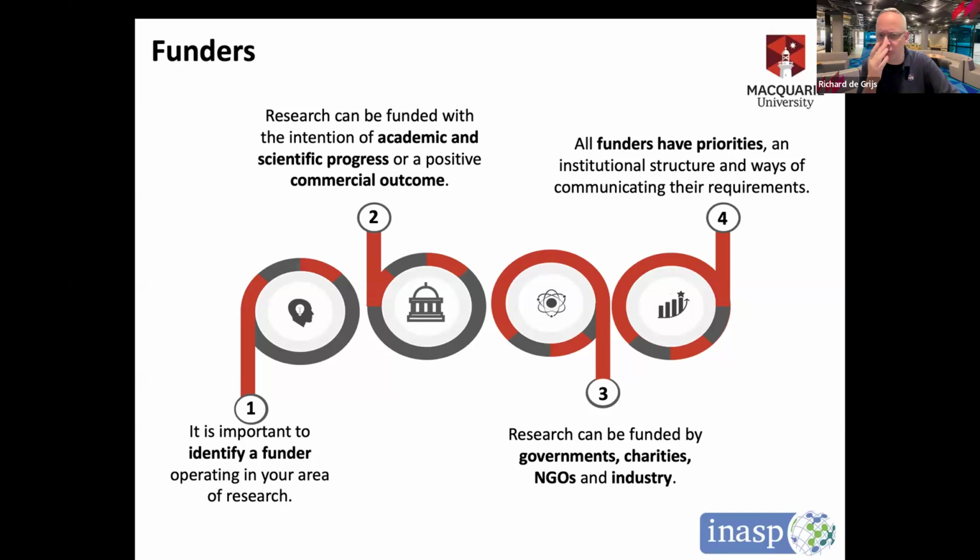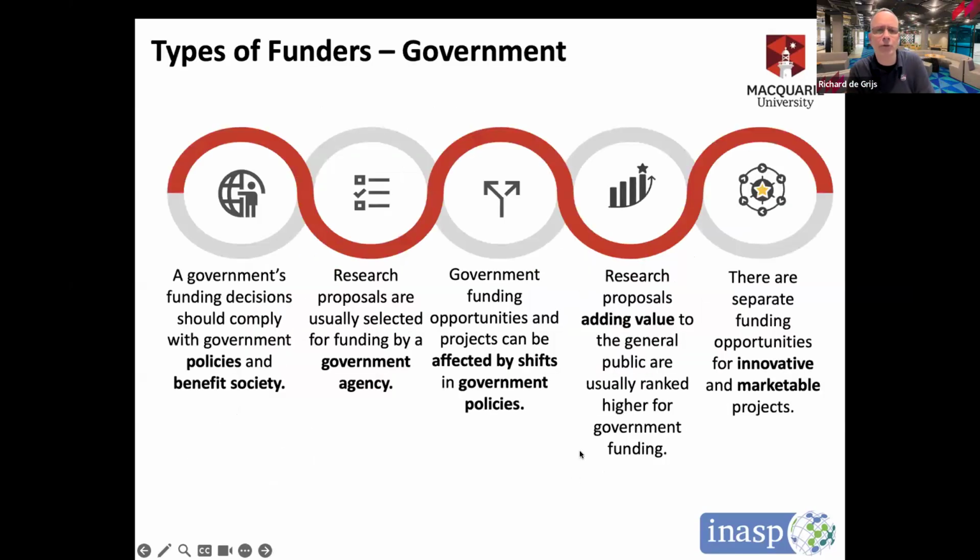As I mentioned earlier, all funders have priorities, so you have to really carefully read their call for proposals and then the detailed background information to which they want answers from you in your funding application. So you have to think from their perspective when you write your proposal. In terms of government funding,